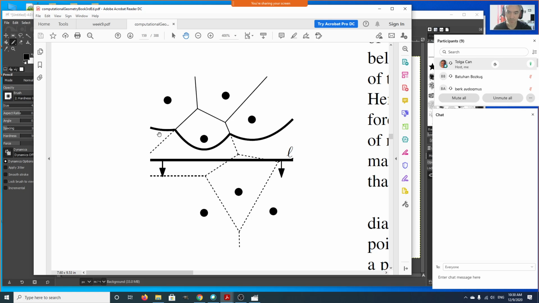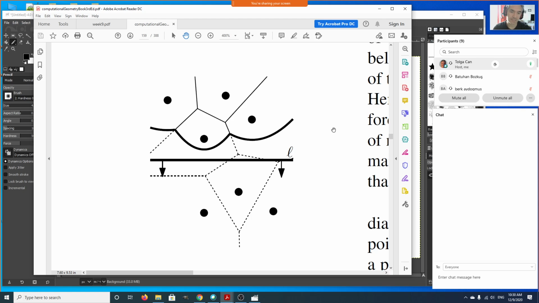There will not be a single parabola. This is called the beachfront. These are like waves that are coming on the shore on a beach. So this is called the wavefront or the beachfront. And these are like breakpoints between waves. When waves touch each other, they break, and these are like breakpoints between the waves. And this is how we are going to have our data structure. Our data structure will be a sequence of parabolas